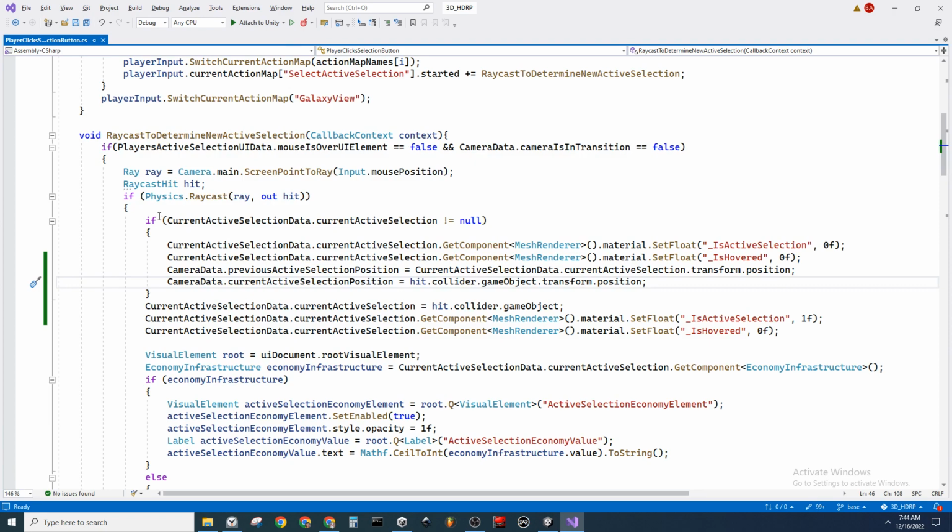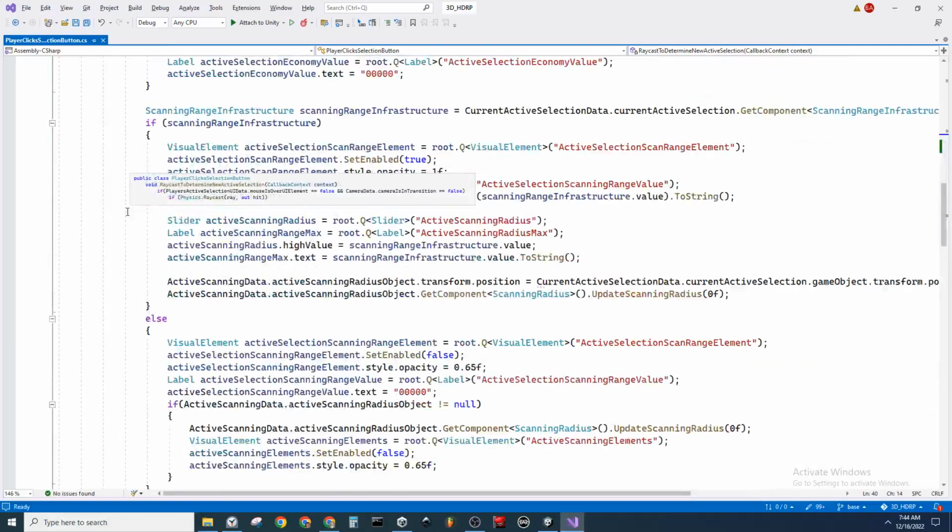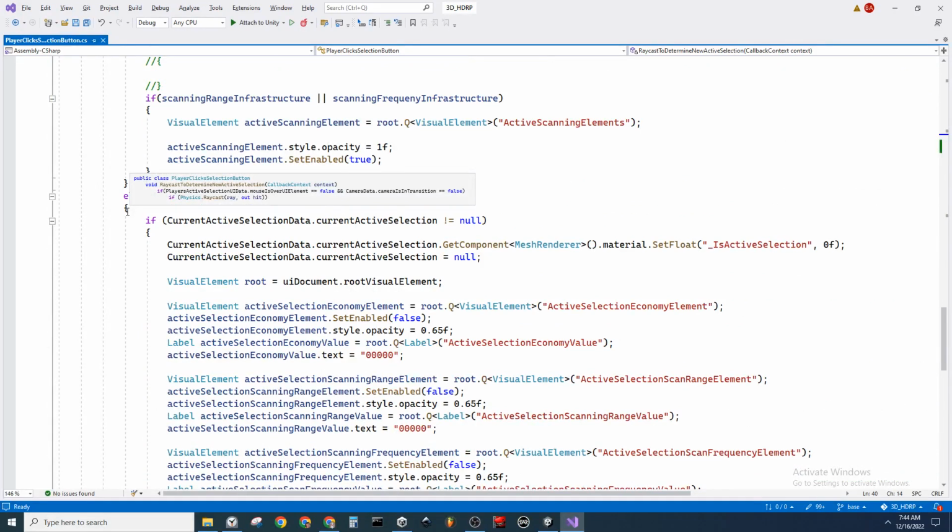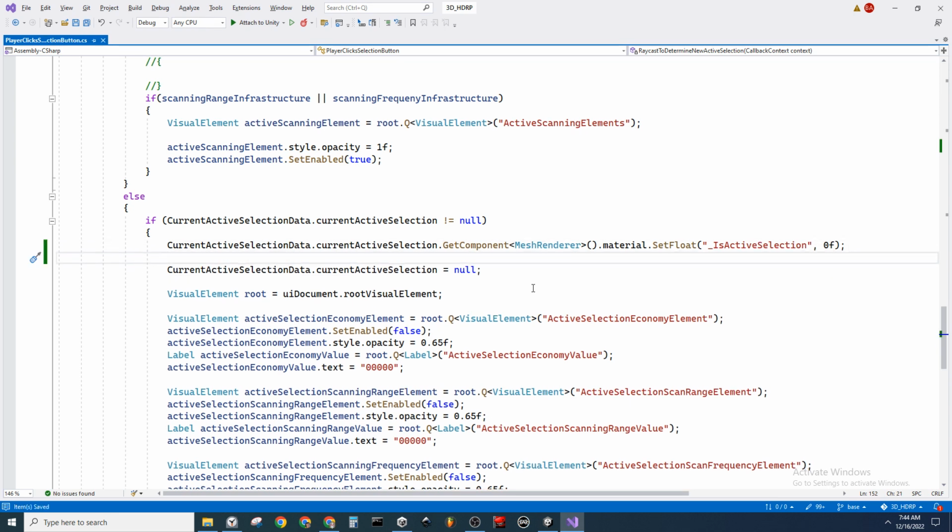And I guess what I'm tripping on is that else. Yep, current active selection is null, which means I have to do one thing here, which is I have to set current active. So if I deselect and there's an active selection,